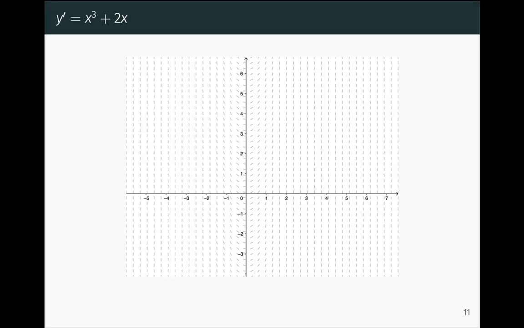So here's y dash equals x cubed plus 2x. Here's a slope field for it. So we have an xy plane, and this is rather discrete. We've got a few hundred orderly chosen points here,